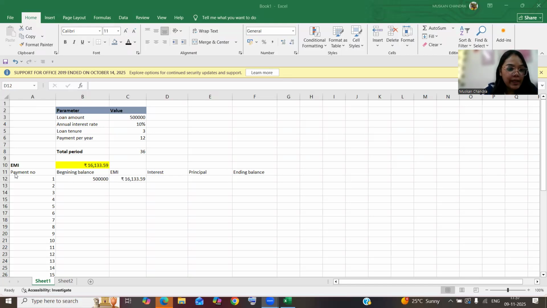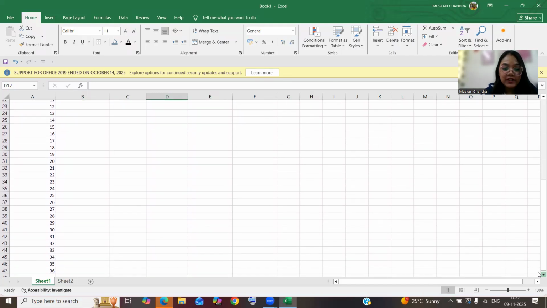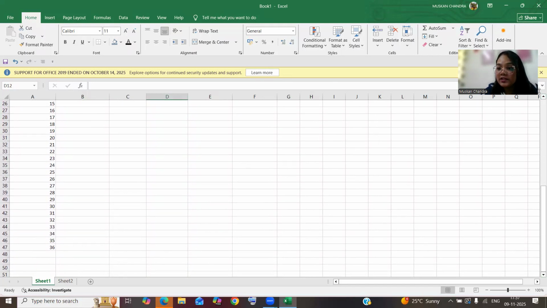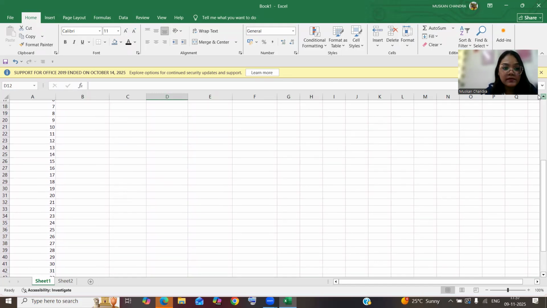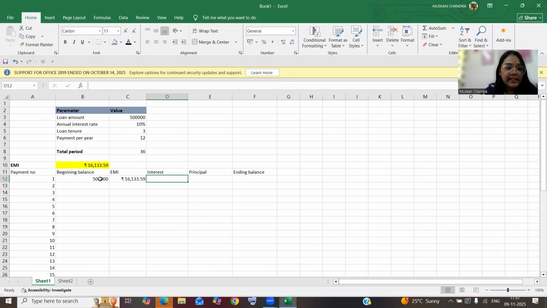So payment number is from 1 to 36 months, as it will be paid in 36 equal installments. First is beginning balance, which is 5 lakhs, which is the loan amount. Then we have EMI, which we have already calculated as 16,133.59. Under interest, we have